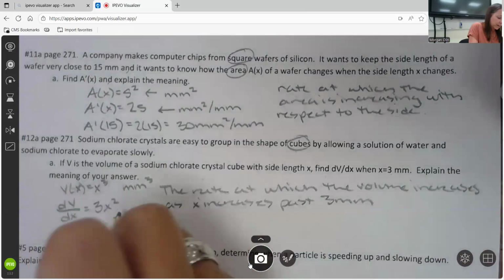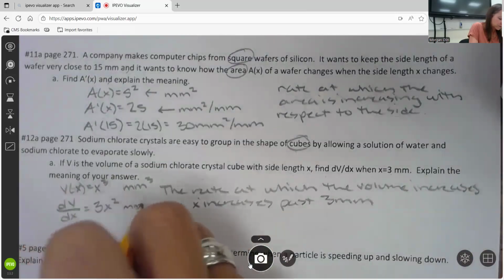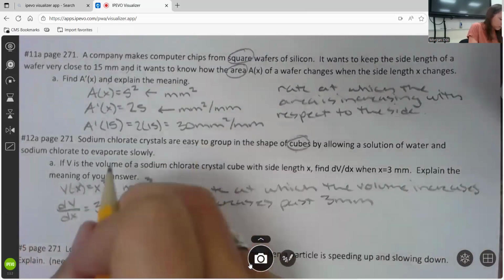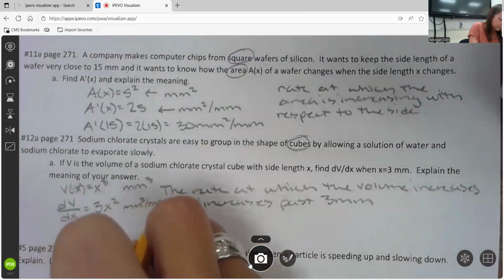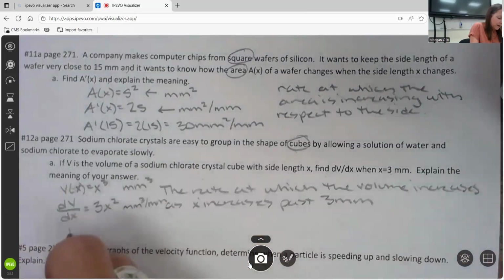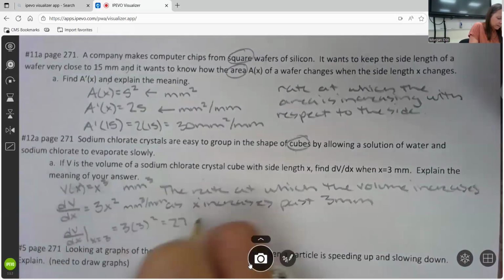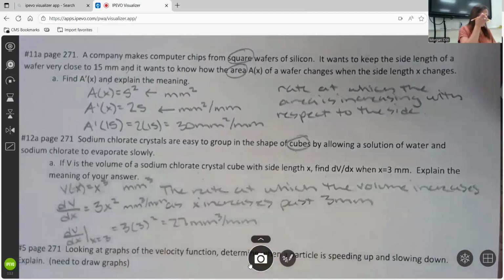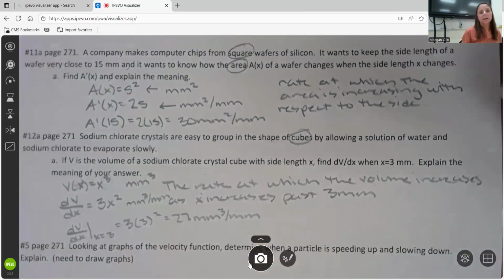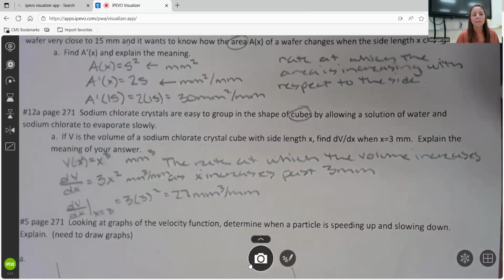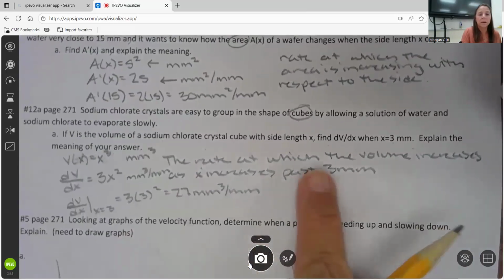All right, well, it's going to be millimeters cubed per millimeter. All right, and so here, if I find dV/dx when x equals 3, then I get 3 times 3 squared, and that's 27. Like that. All right. So again, make sure you understand what, and sometimes this can be very difficult, but again,